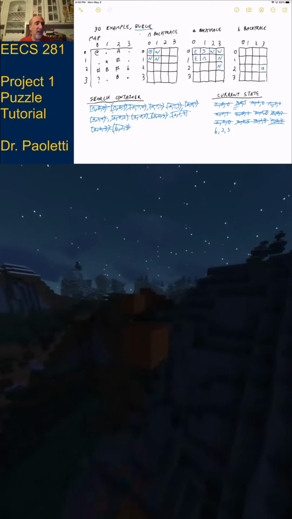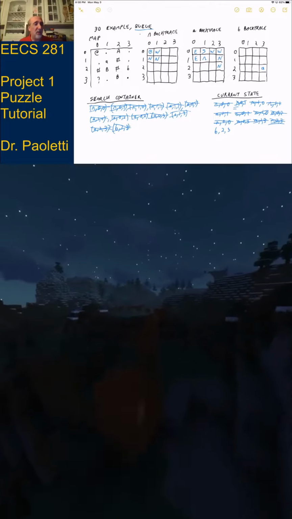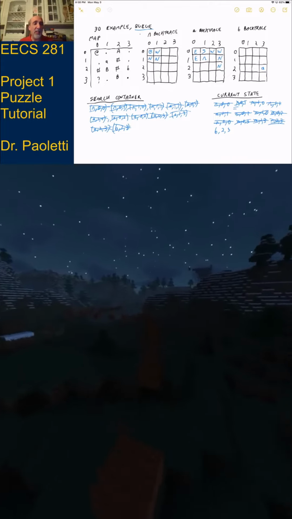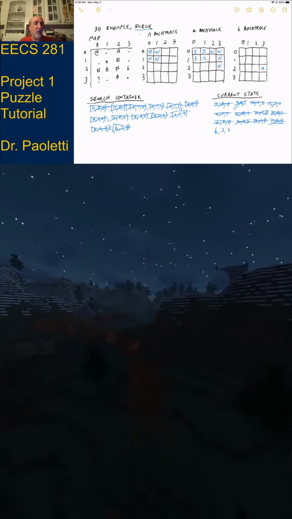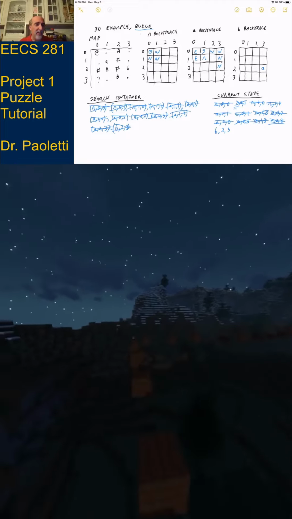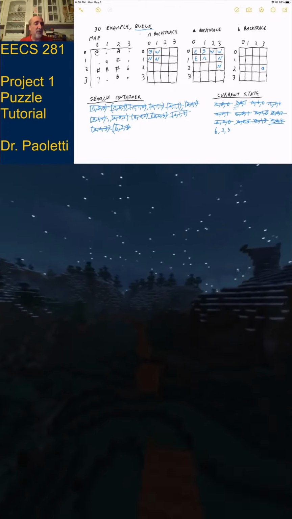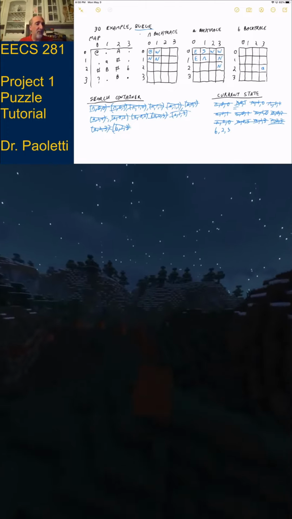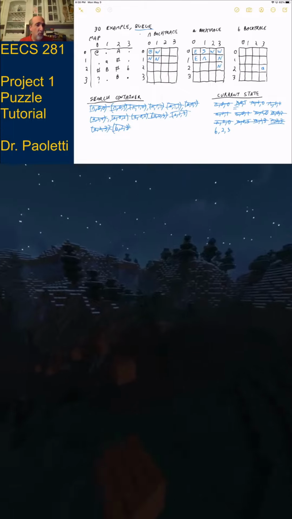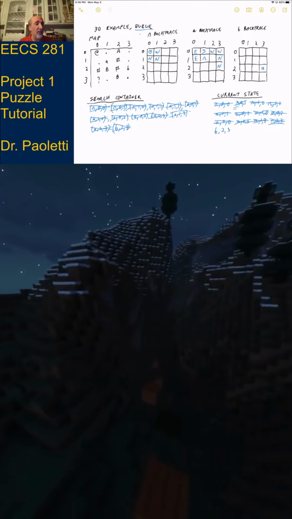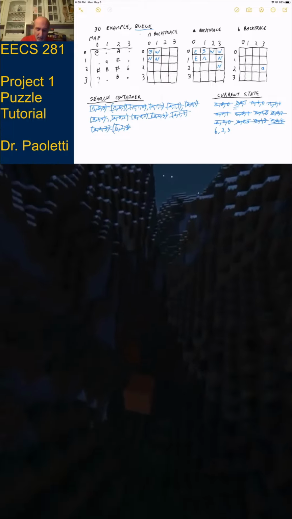Is B23 a button? No, because in color B, a lowercase b looks like a dot. So B23 is not a button. We do northeast southwest stuff. Does north of me exist? Yes. Have I ever been there before? No. Is it something I would walk on? Yeah, north of me is a dot. So B13 gets added to the search container, and we have to mark how did we get here? I got here from the south.